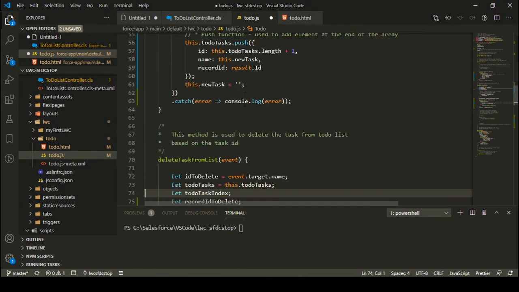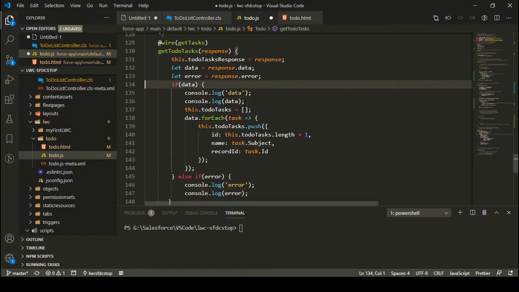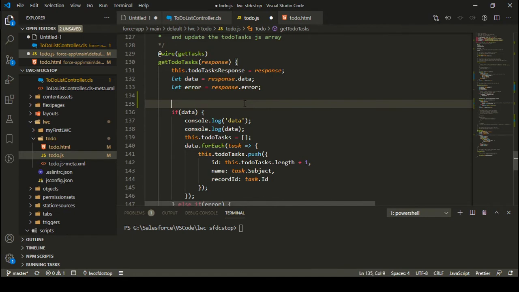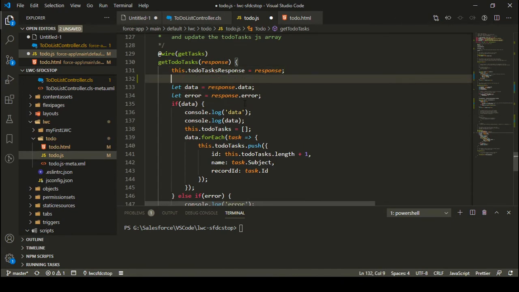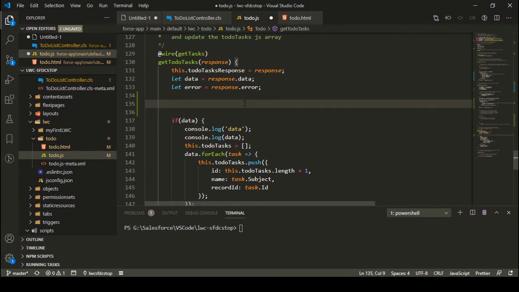So let's go down to our wire method, and whenever my data is loaded, so let's say in case I'm getting a data, here I can check that if I'm getting a data, and let me write it below, right? So I can simply check the response, if I'm getting a data from the response, or I'm getting an error from the response, right?